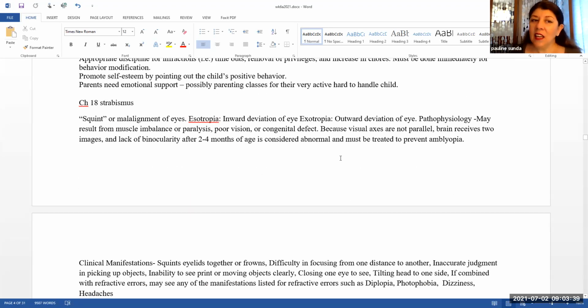Chapter 18, here we're going to talk about strabismus. This can also be called squint or malalignment of the eyes. So it is called esotropia if there is an inward deviation of the eye, and exotropia if there's an outward deviation of the eye. So, pathophysiology, it may result from a muscle imbalance or paralysis, poor vision, or congenital defect. Because the visual axes are not parallel, the brain receives two images. And note that a lack of binocularity after 2 to 4 months of age is considered abnormal and must be